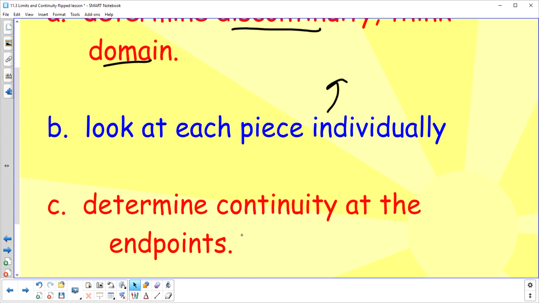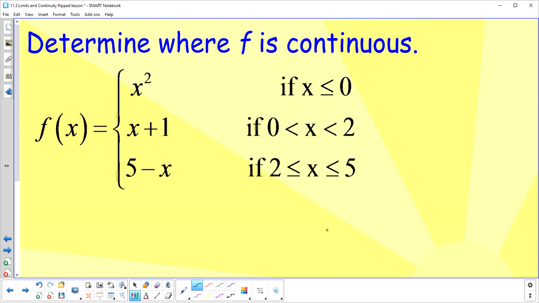So we're going to see, does f exist at each endpoint? It has to exist here, and the limit exists here, and they are equal. Okay, so going back to that example, first piece, since we have endpoints 0, 2, and 5, what we want